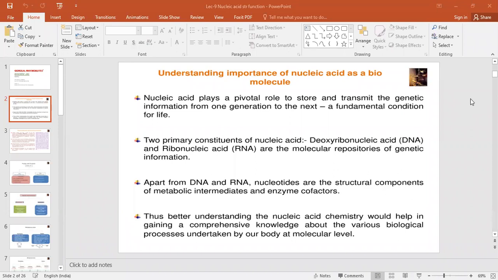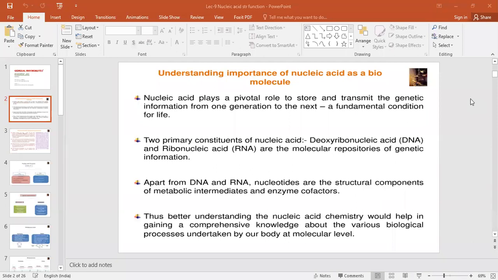DNA means deoxyribonucleic acid. D means what? D means which deprives. Deprives means there is no presence of oxy group at the 2' position of this ribonucleic acid. That's why it is known as the deoxy. D means which deprives of the oxy group at the 2' position. So it is called the deoxyribonucleic acid.